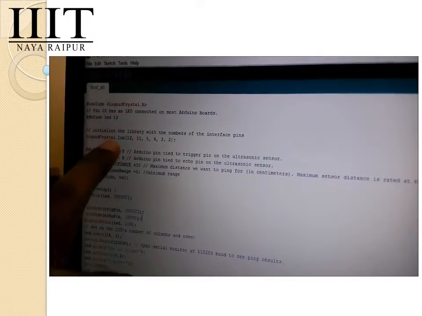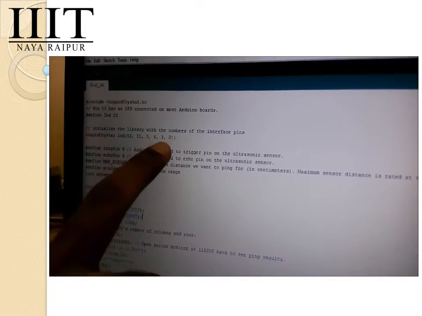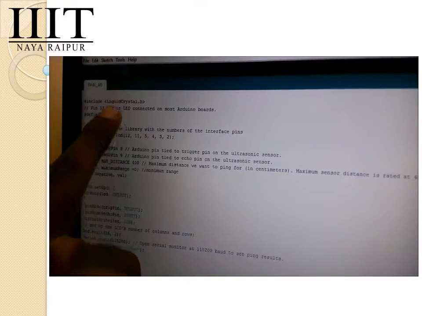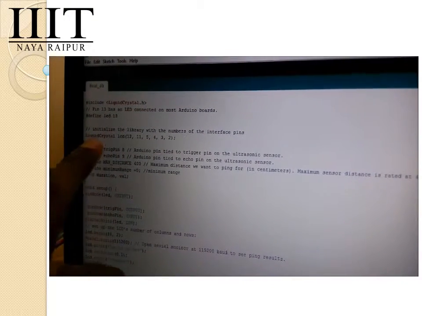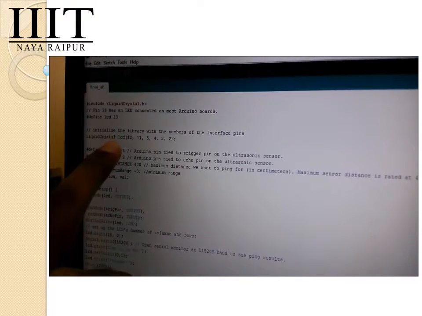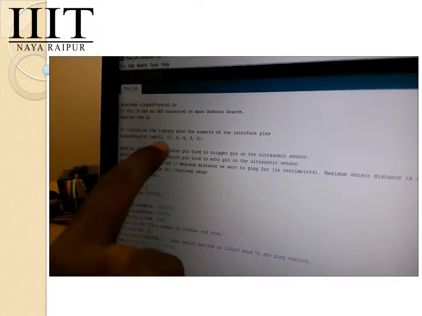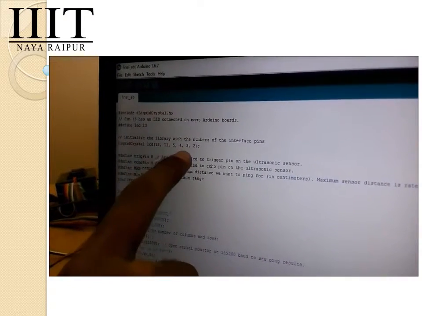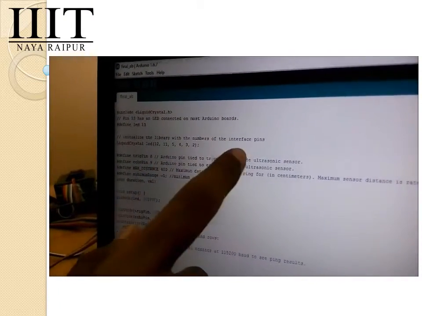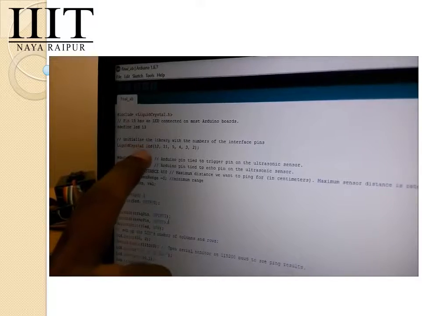The next is LiquidCrystal lcd with pins 12, 11, 5, 4, 3, 2. Since we have included LiquidCrystal.h, we defined that we will be using the LCD, and these are the pins used for our LCD.